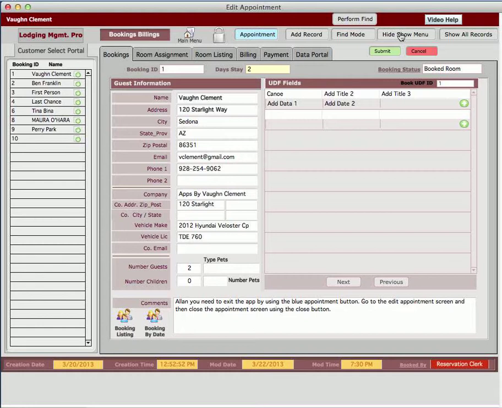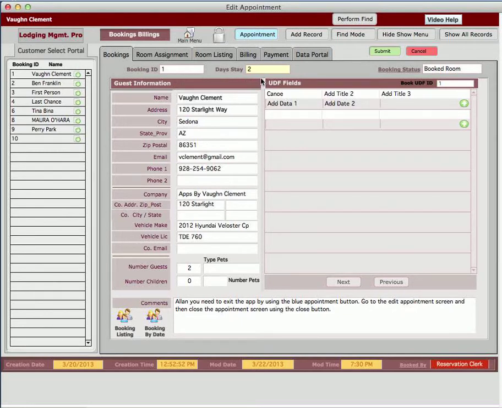you more screen space. There's also a show all records. When I did this find, I actually reduced the number of records that were able to be viewed until I clicked one of these buttons. If you're on a different screen and you do a find and click the show all records, you're returning all the records to selection. That means that when a find is done, it reduces the number of records that you